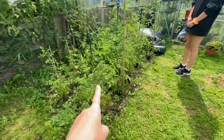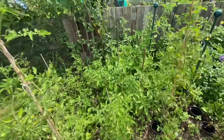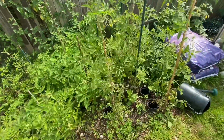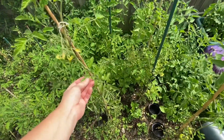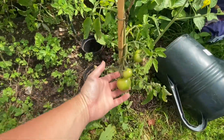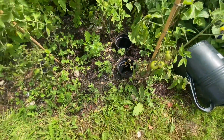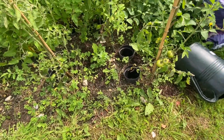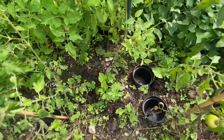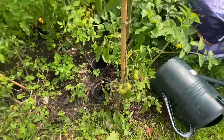Right, then we've got some tomatoes here. We've got lots more tomatoes on the other plot. But these ones are doing all right. Some of them are just like bush type, so we've left them bushy, but some of them do need their leaves taken off. The leaves are a lot smaller on these ones than they are on our other plot. And what we've done is we dug the pots into the ground, so we put the water in there so the water goes deeper into the ground. And on the pots they did have stickers with what each plant was, but they've come off. I can see one there, so there's a tigerella somewhere. But other than that, that might be a tigerella actually. But yeah, we've got some nice tomatoes growing on there. Just need them to start